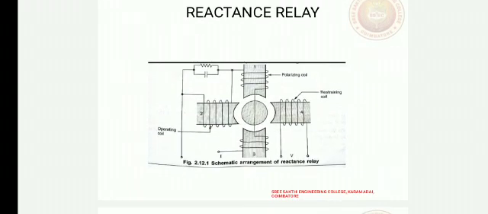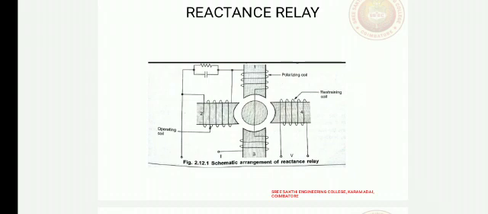And the second type is reactance relay. In this relay, the operating torque is obtained by current while the restraining torque is due to the voltage-current directional relay. The overcurrent element develops the positive torque and the directional unit produces negative torque. The structure used for the reactance relay can be of induction cup type. It is a 4-pole structure. It has operating coil, polarizing coil and a restraining coil.